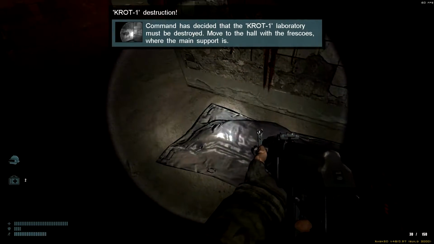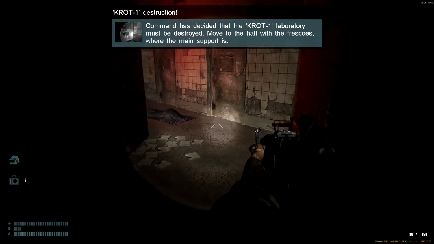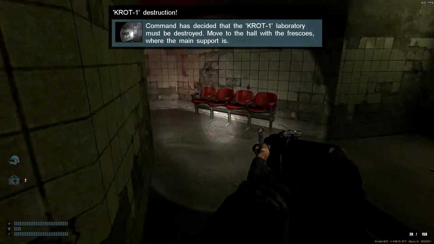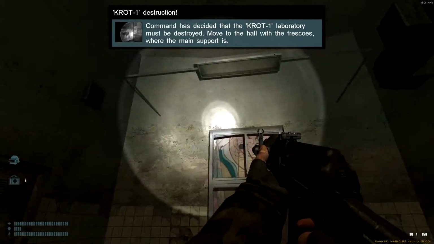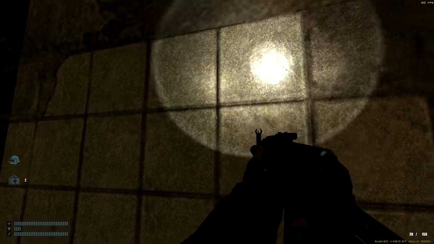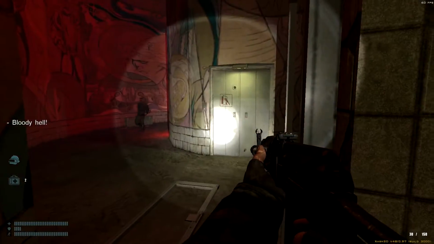Alright, so yeah, it looks like they body bagged the people who were dead here, because this was a dead scientist in the original mod. But someone came down here and bagged everyone up. Gotta say, it does look, again, a lot better. I mean, the textures are still obviously not the highest res textures, but they're, I guess, better than the...